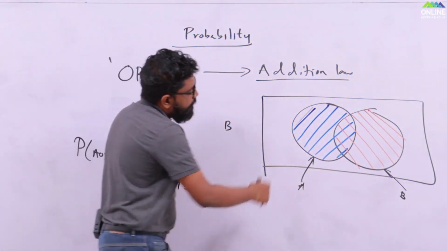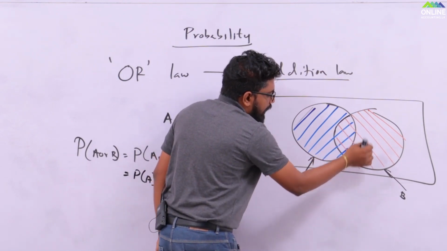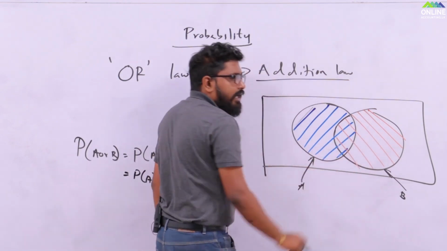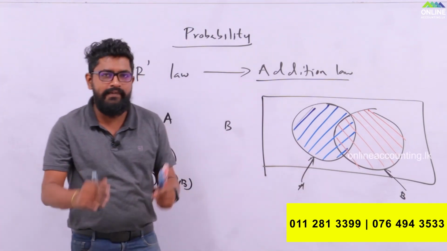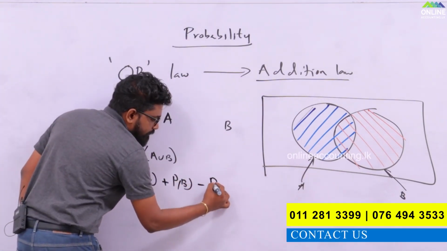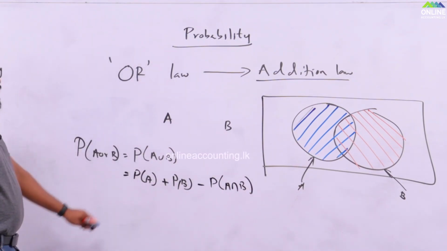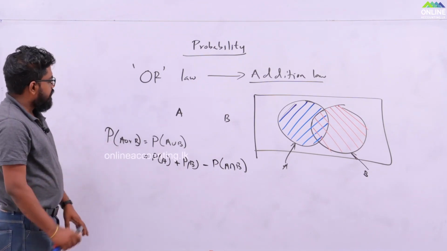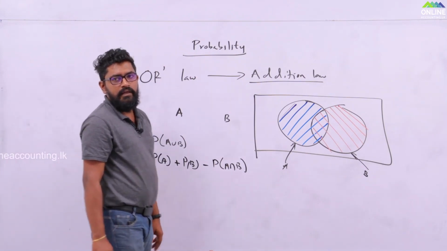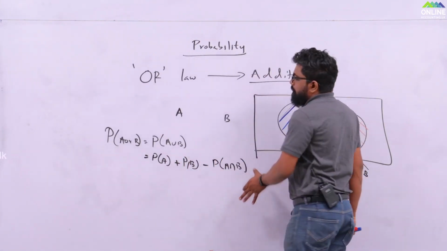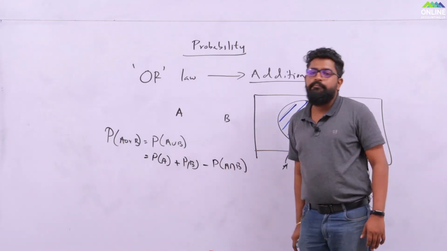So when I add the probability of A, I get this part, the intersection part. And when I am coloring B, same thing, I covered that one as well. So the intersection of A and B is covered twice. So I need to remove one A intersection B. Now this is the probability of A union B, the addition law. Right. Okay, so keep this formula in your mind. A union B is equal to probability of A plus probability of B